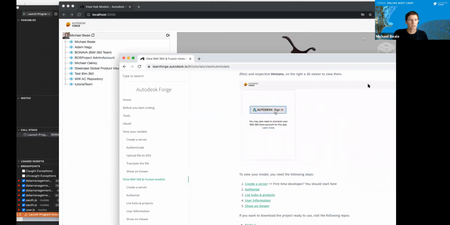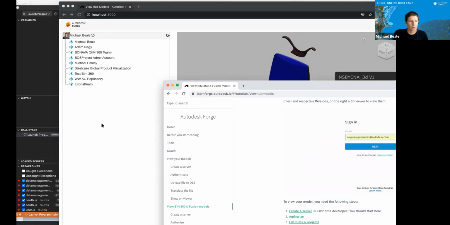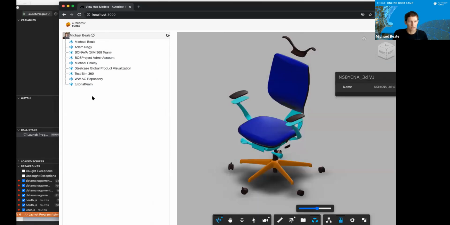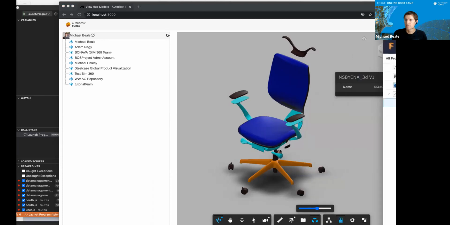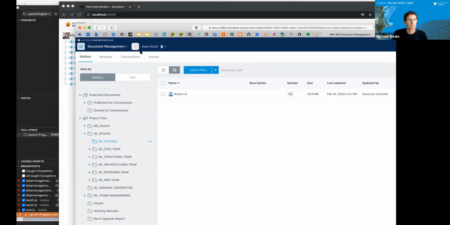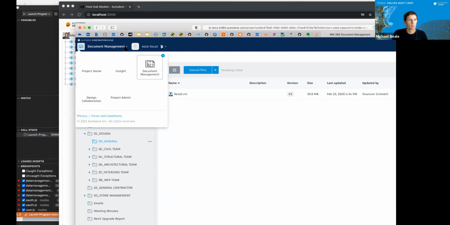So BIM 360 by default doesn't allow anyone to just log into a BIM 360 project. Your Forge Viewer app, that Forge app, has to be given permission to use a project. And so the way we do that is under the admin of